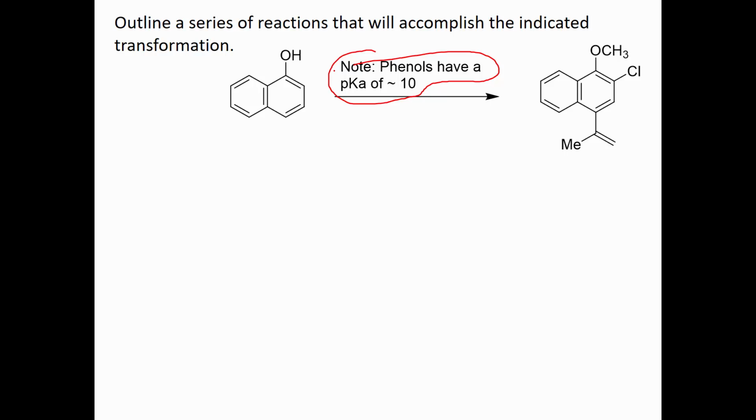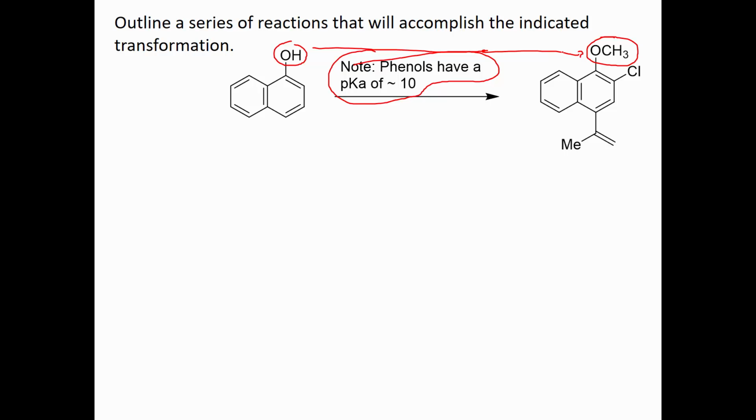So we're going to deprotonate followed by SN2 to convert the OH to OCH3. Okay, so we're going to do that. We're going to take advantage of the high acidity of the phenol group when we do that